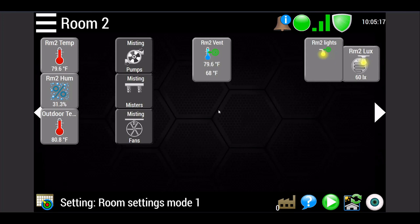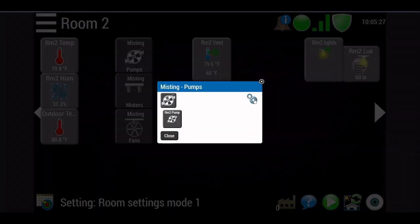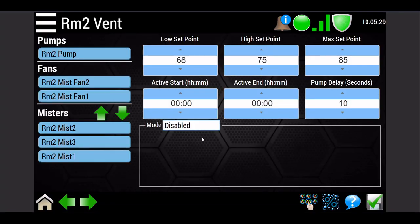Today I am looking at misting and fogging in the AutoFlex Connect. I've already got my pieces of equipment configured here, and so I'm just going to hop right in to the settings. So in here we can see I have one pump, two fans, and three different misters that I have